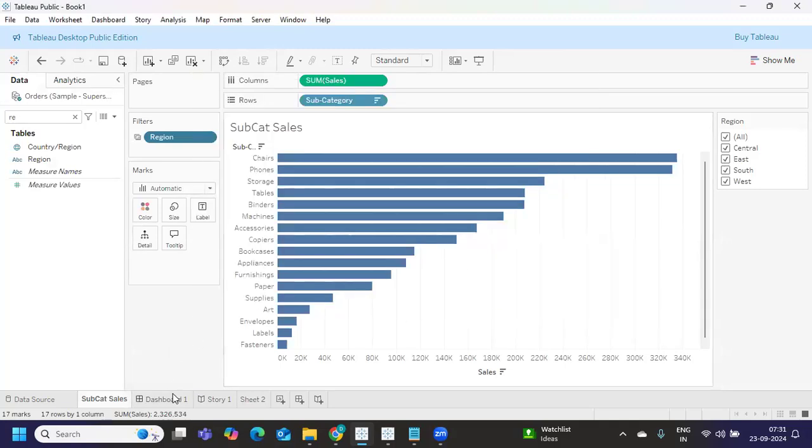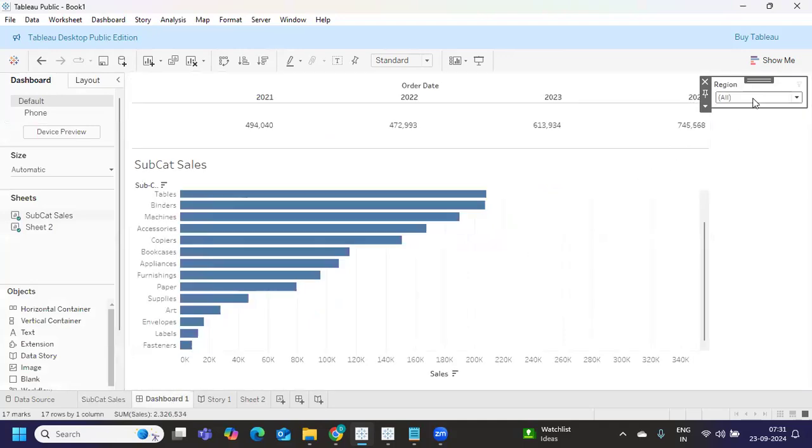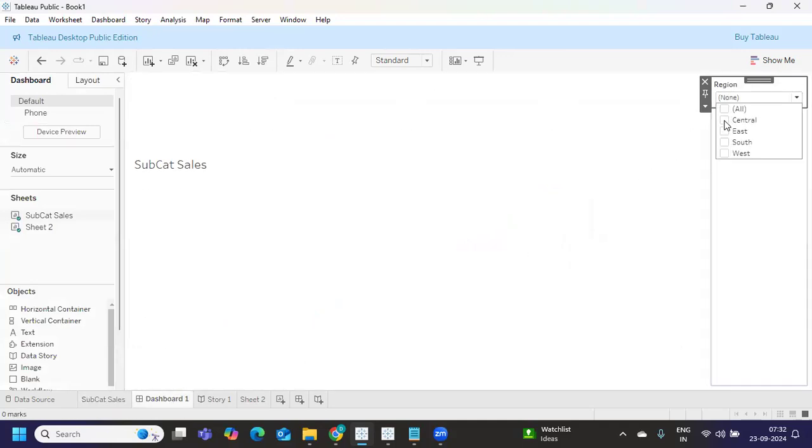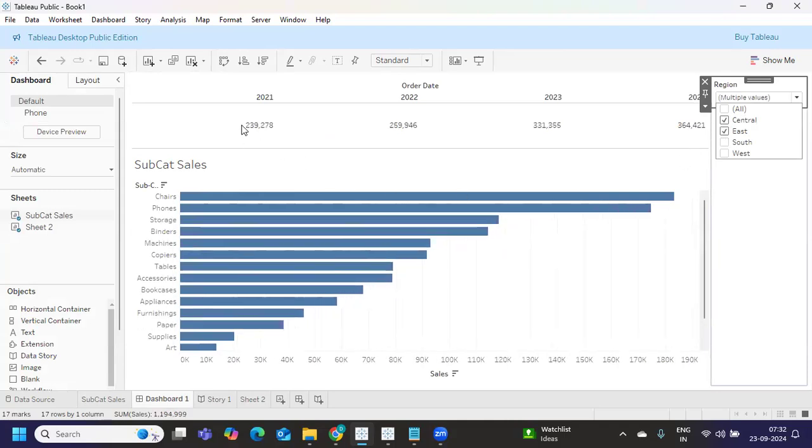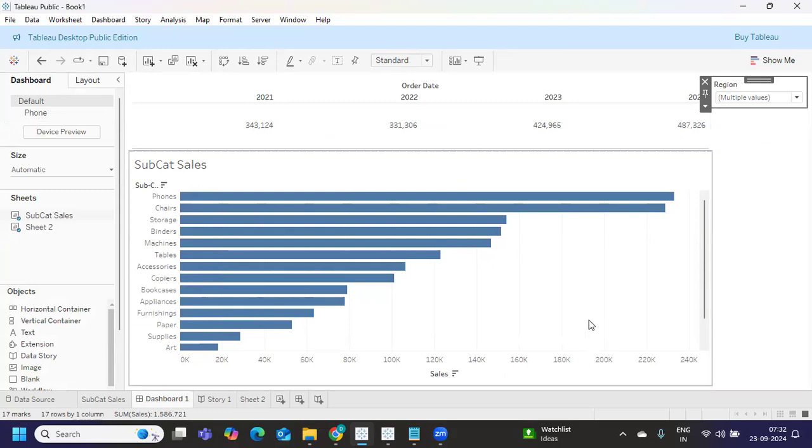Okay. Now, when I go to dashboard, if I try to apply a filter here, you see, whatever filter I'm trying to apply, my values are being changed here. You can observe this number here, central, and this, and here we have like that. Okay, so this is how we can make multiple sheets interact with one another. So in this dashboard, we have two. And now once you are done,